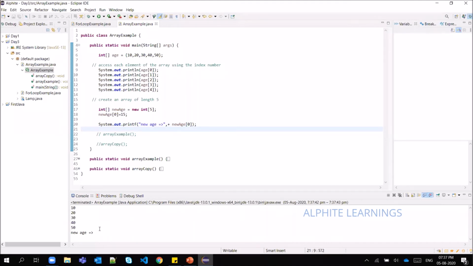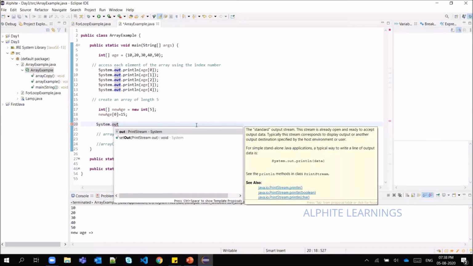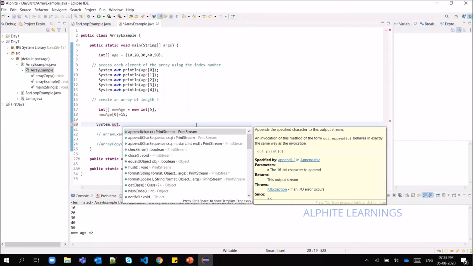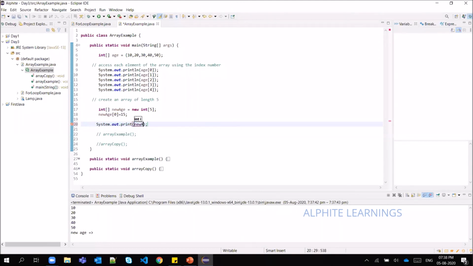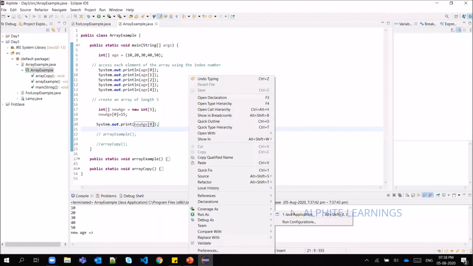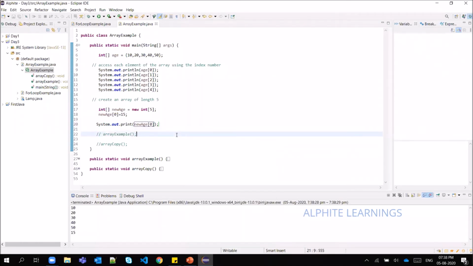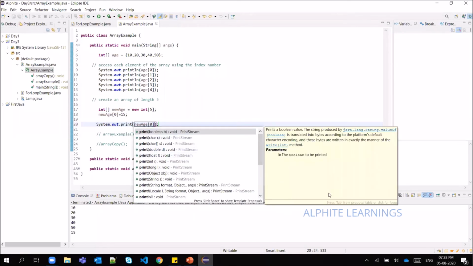Give me a moment. Okay, so what I have done is, when we are typing print, if you hold control plus space, you will have so many options available.